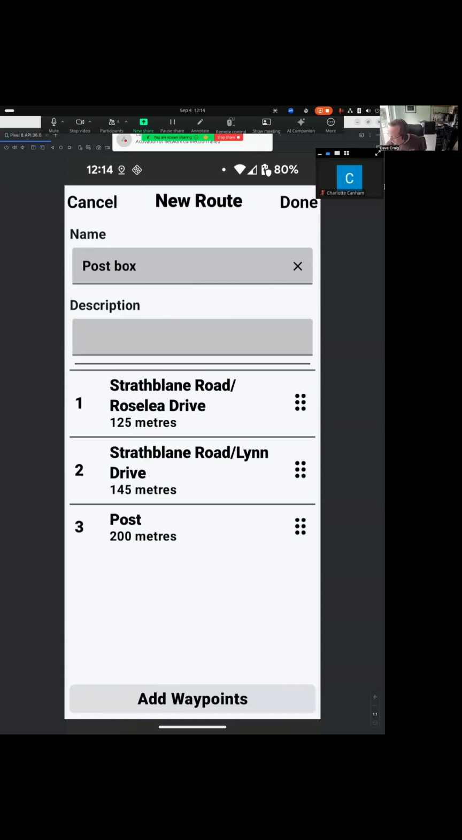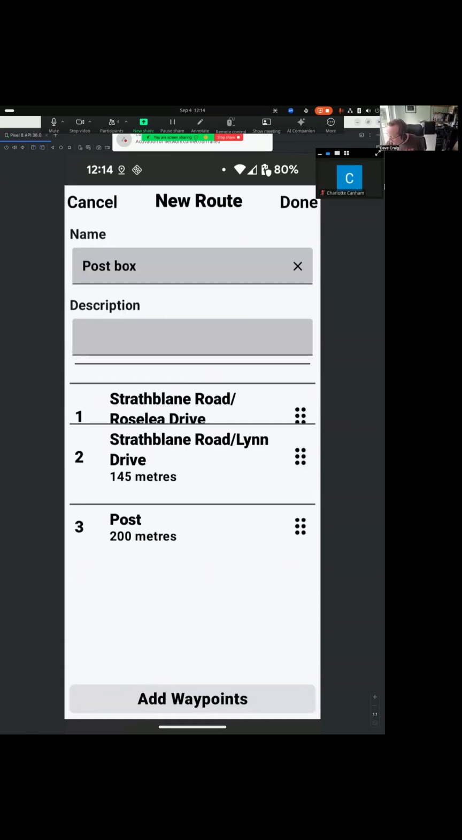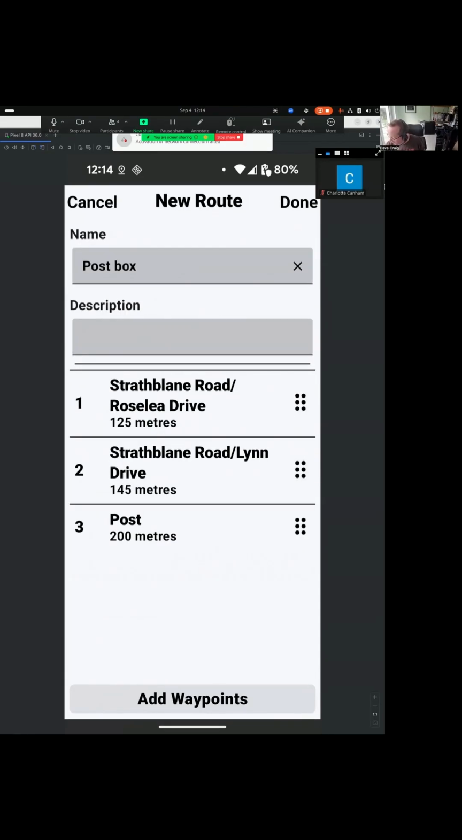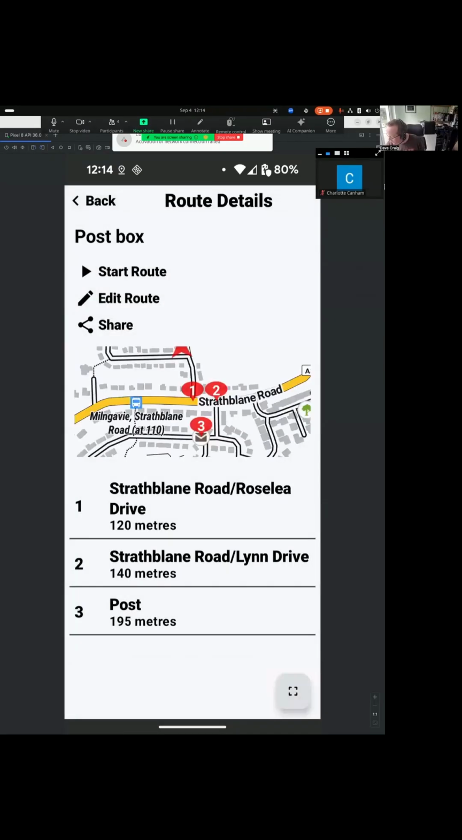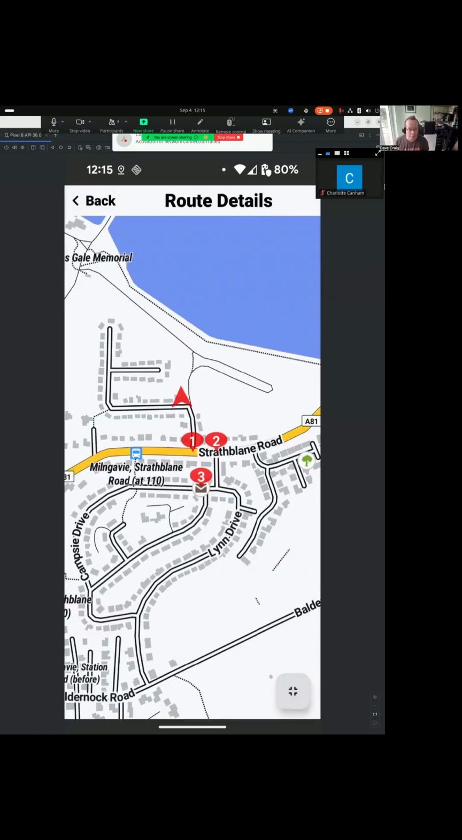Okay, so now I've got three markers. I could reorder them, but they're in the order I want, so that's fine. And now if I go to that route, I can see where I am, and then I can see 1, 2, 3 with the markers. And so if I play that route,